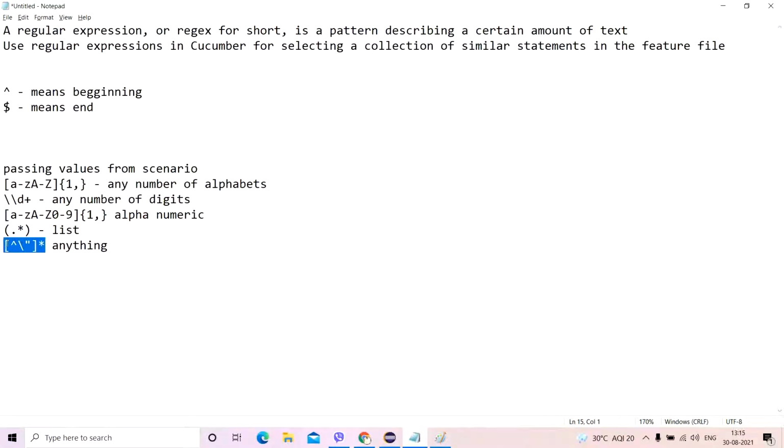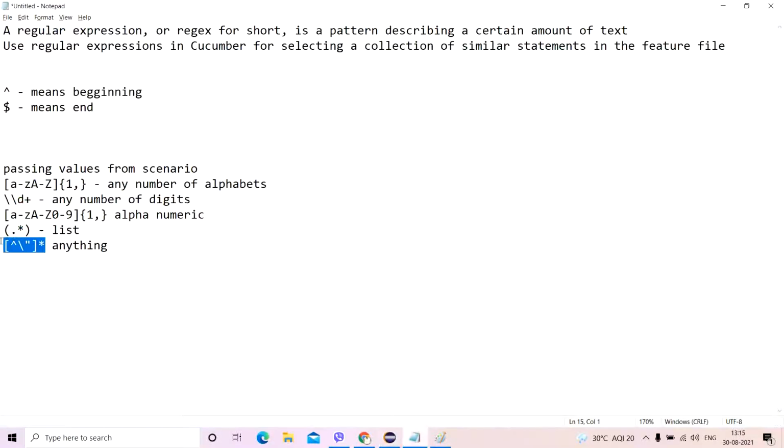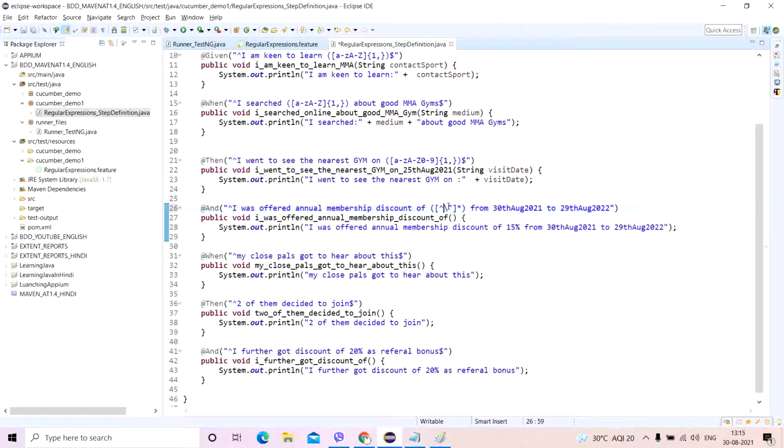Anything will cover even special characters. I'll copy this and put it like this. Make sure of this, because in Java if you copy, it will copy two more backslashes. I have changed the reverse backslash exactly the way it should be.